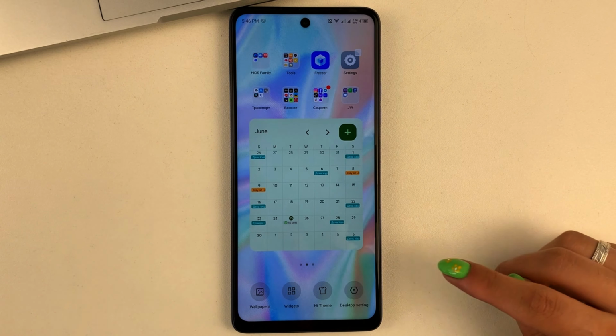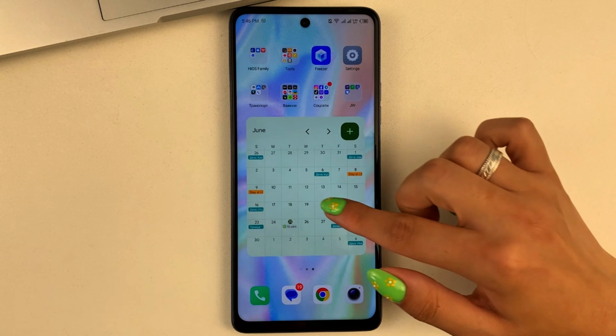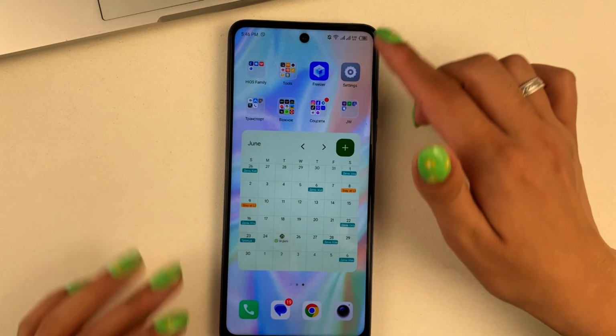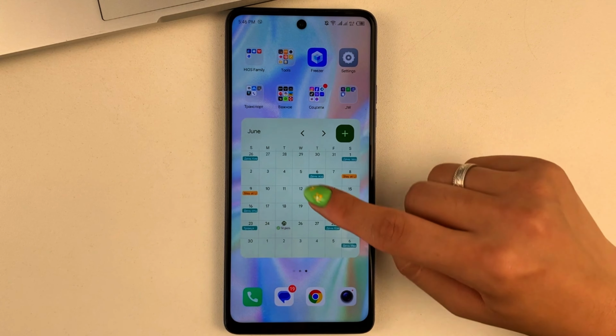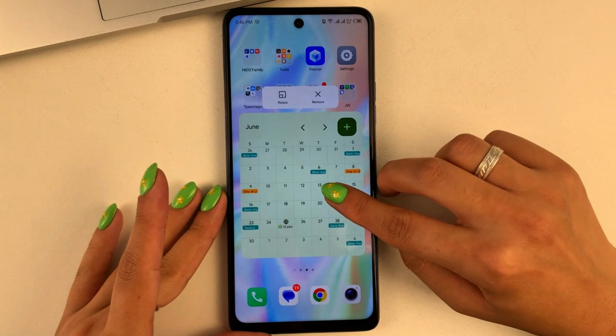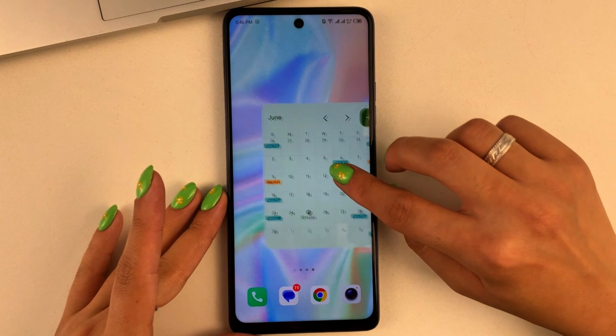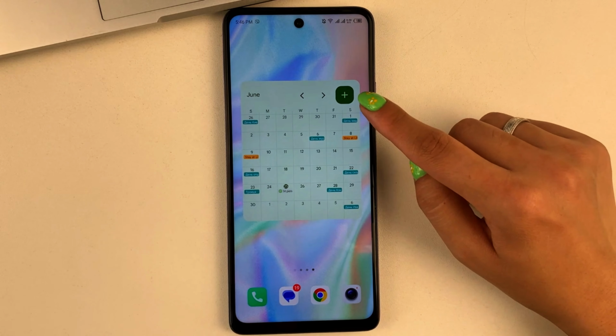Now to save your changes, you have to click on the empty field. And as you can see now, this widget, it doesn't move around. You can't do anything with it. But if you hold down on it, you can easily move it, for example, to another window, to another screen, to another additional screen that's specifically for the calendar. So you can go further into the calendar and do what you need to do.